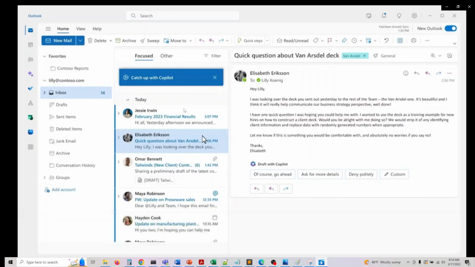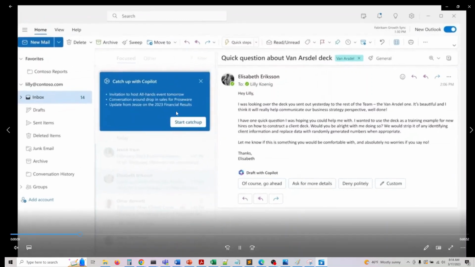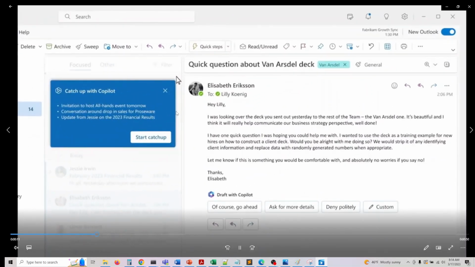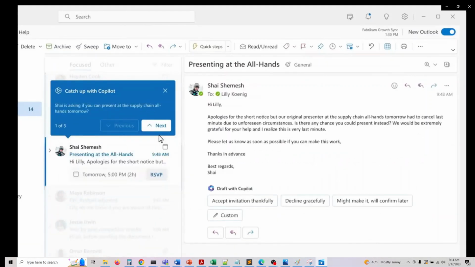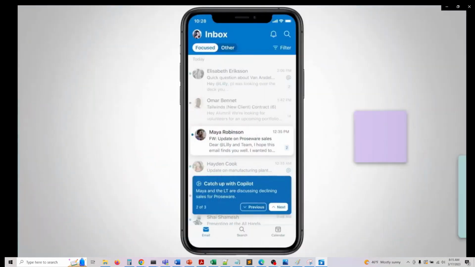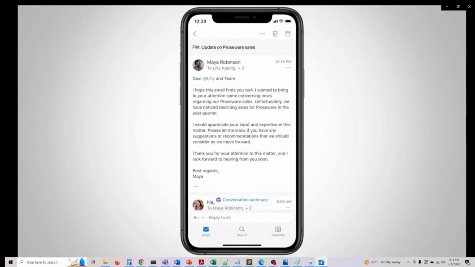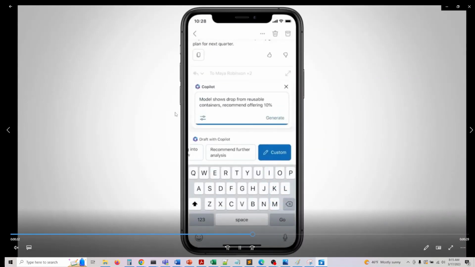So when you have a long list of emails and you want to triage the most important ones among them, Copilot helps you to do that. And by triaging your inbox on what needs to be responded to, you are also saving a ton of time on your inbox. And when it comes to mobile, Copilot helps you to summarize long emails or draft a reply